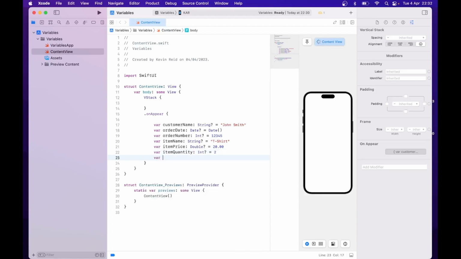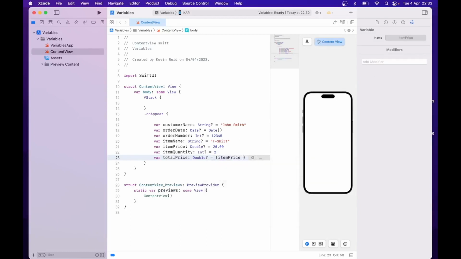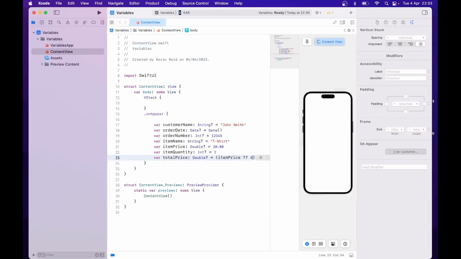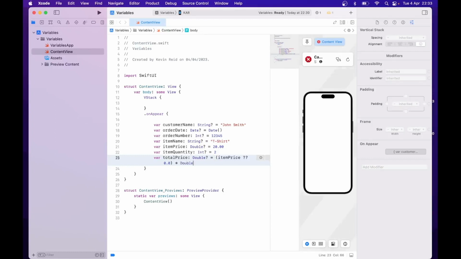var totalPrice: Double? = (itemPrice ?? 0.0) * Double(itemQuantity ?? 0)